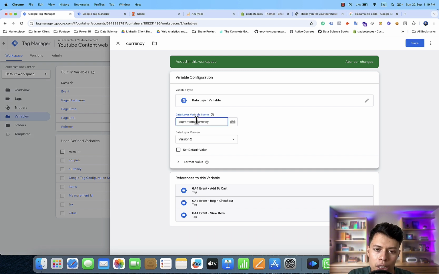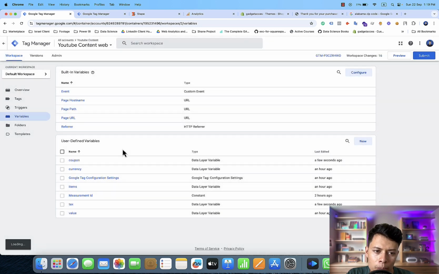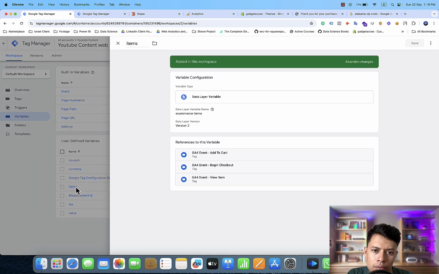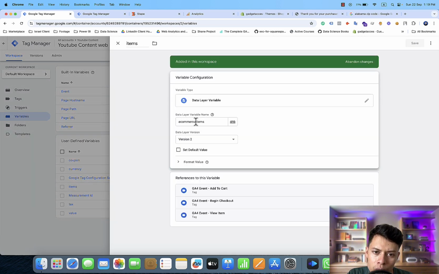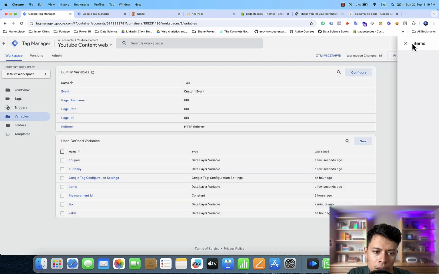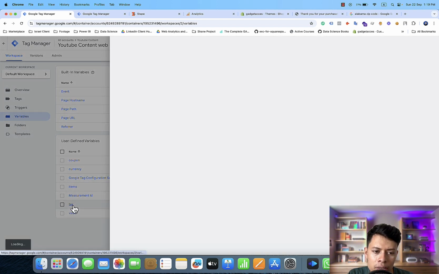Maybe I forgot about this. E-commerce, it's the coupon and the currency, and if I go to the items, then I can see there is also a space. I have to remove this space and place a dot here. It should be e-commerce dot items, and for the tags